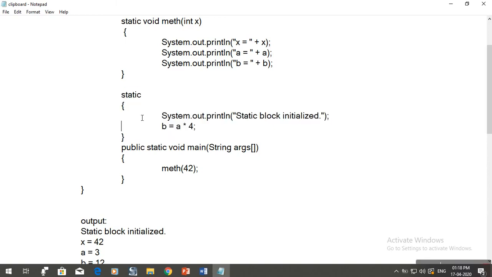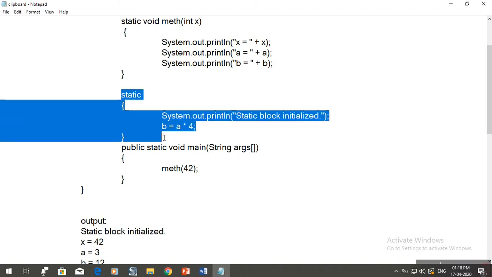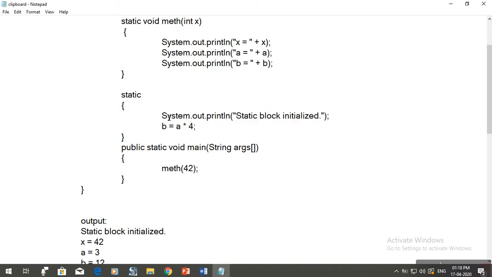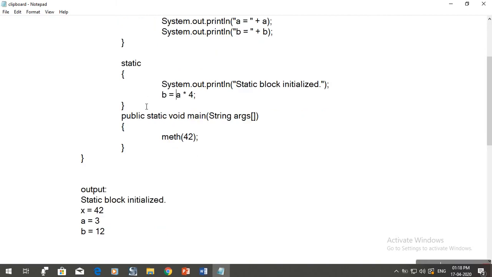You can see your output. The first message is "static block initialized". As I said, when the program starts execution, the static block is executed first. Within the static block we are just printing "static block initialized".